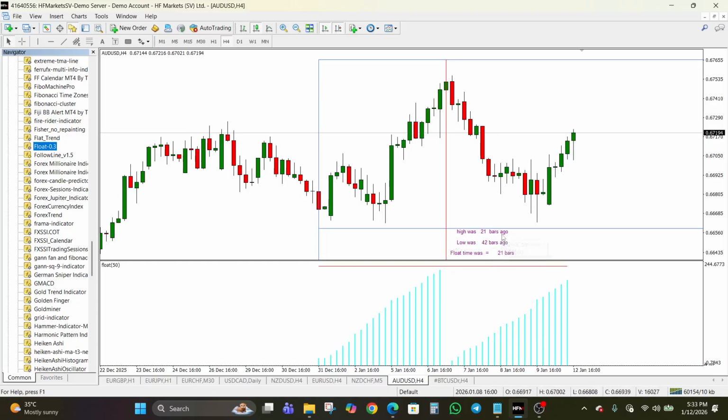The high was 21 bars ago, the low was 42 bars ago, float time was 21 bars, right? So it also shows you this important information. If you're the kind of trader that values such information, then you might want to consider adding the float indicator